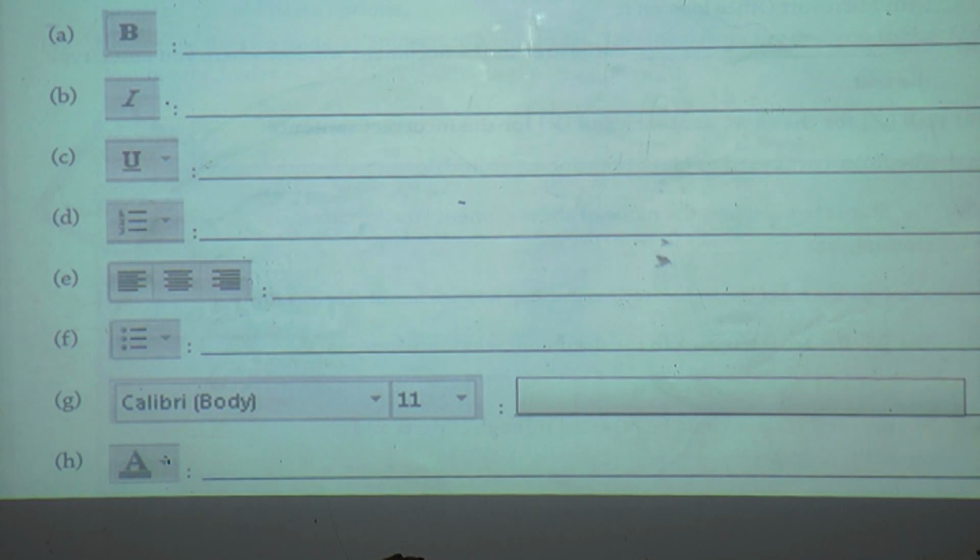Describe in one sentence what these symbols are used for. Means what is the use of this given symbol? What is the first symbol? First symbol is B. B means what? What can we do by using this symbol? We can bold it, right?